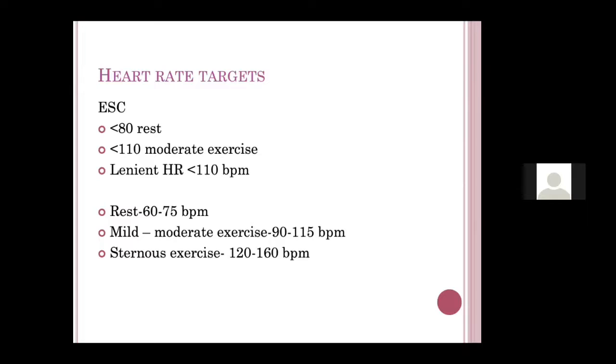When do you call a heart rate as controlled? So we know for clinical purposes, when you're performing in your exam, heart rate more than 100 is fast ventricular rate, and less than 100 is controlled ventricular rate. However, according to the guideline, AF with controlled ventricular rate at rest should be less than 80, and with exercise it should be less than 110. So if it is less than 80 at rest and less than 110 with exercise, it is known as controlled ventricular rate.